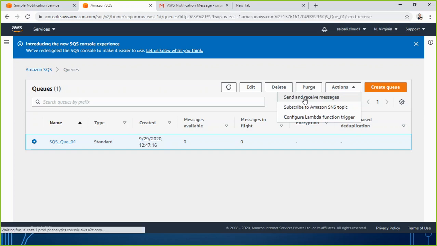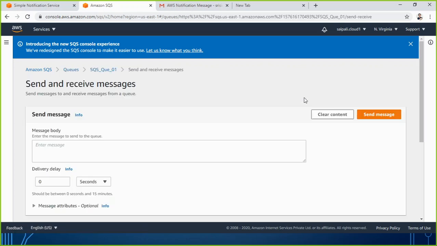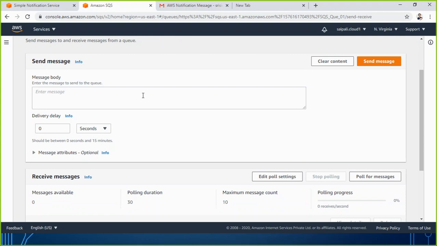So click on send and receive message. Here also you can define a message which you want to send. But this time, as we know, SQS is not going to send the email or message directly. It is just going to display it here itself. So let me type any message. Hello, testing SQS message.